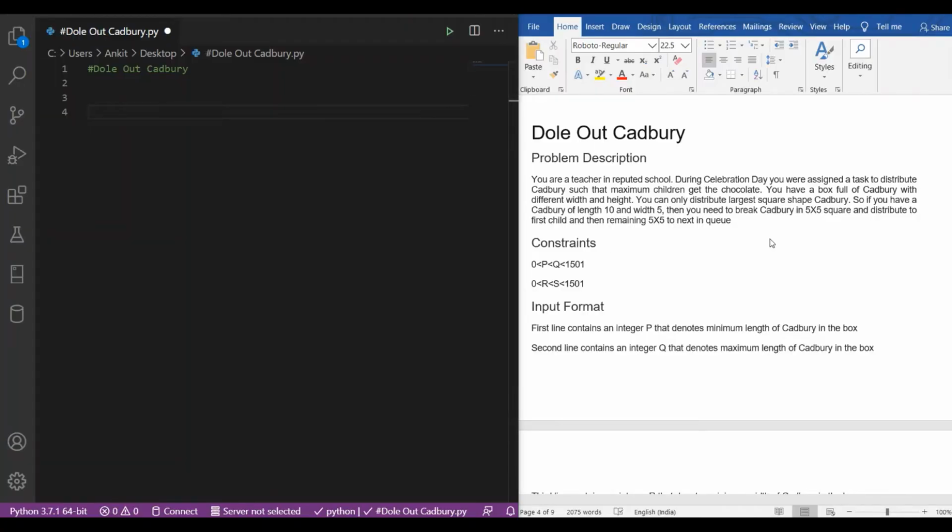Hello friends, today's coding challenge is Dole Out Cadbury. The problem description of the Dole Out Cadbury problem is as follows. You are a teacher in a reputed school, and during a celebration day, you are assigned a task to distribute Cadbury such that the maximum number of children get the chocolate. If you have a box full of Cadbury with different width and height, you can distribute the largest